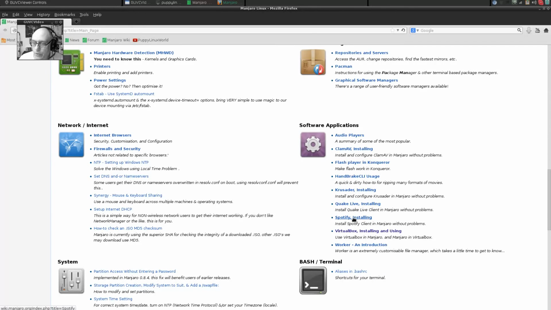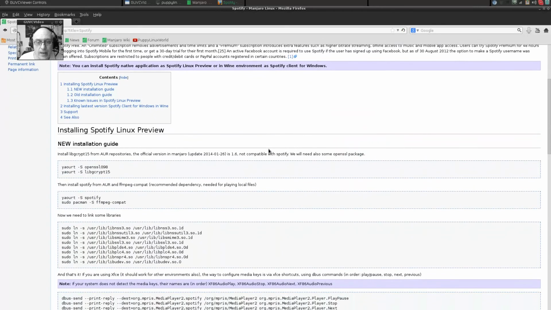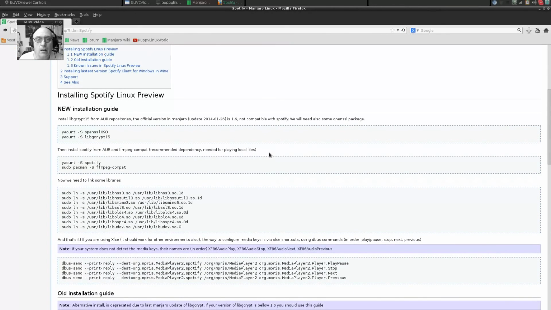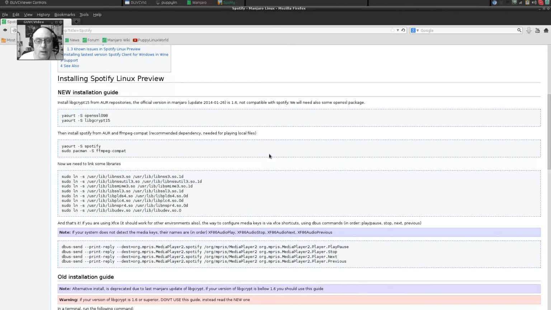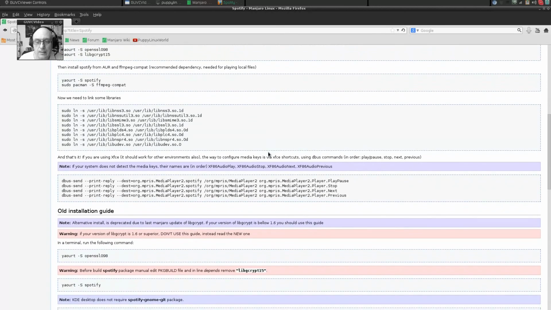Want to install Spotify? Click on the Let's Install Spotify, and there is a complete online tutorial of how to do it. It's just amazing. I have to say,